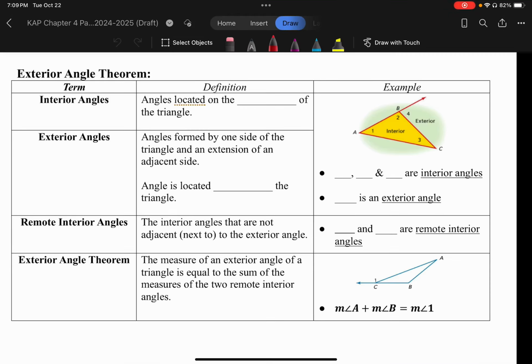All right, guys, so this video is going to go ahead and finish up the notes from yesterday. We're going to be looking at exterior angle theorem to start off, and then we'll go into notes 4.3 going into congruent triangles. So to finish up yesterday's notes, exterior angle theorem, for us to begin understanding how this works,